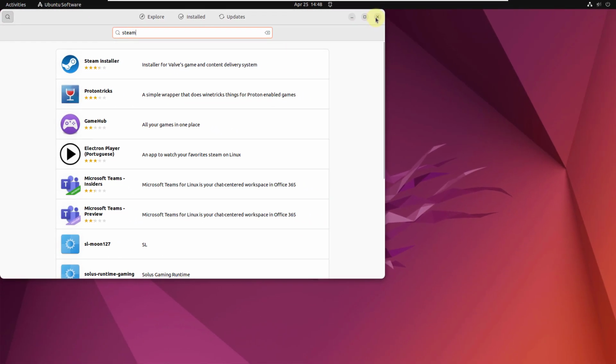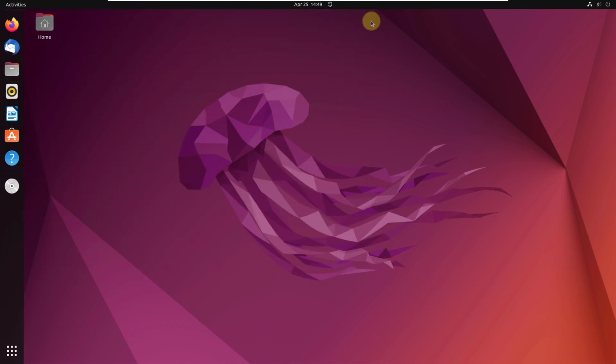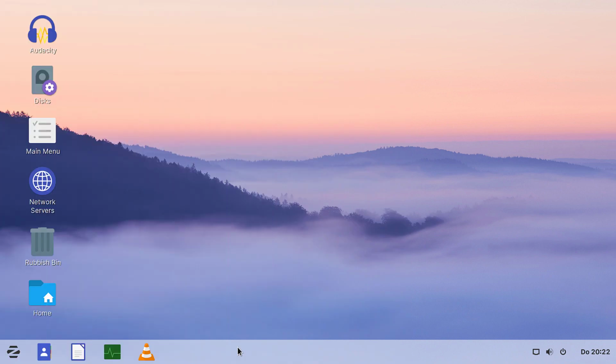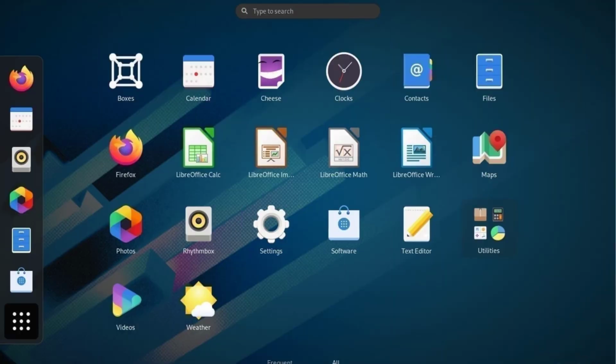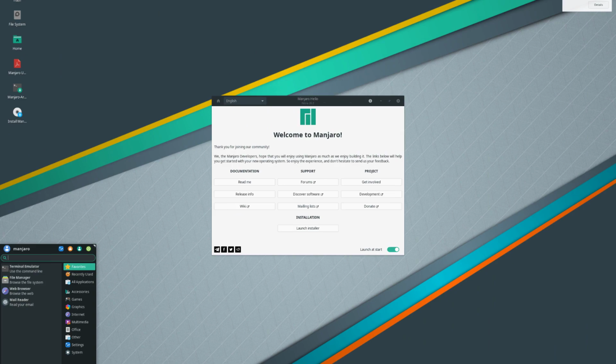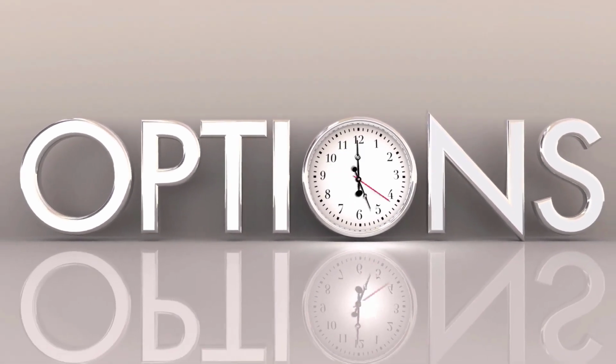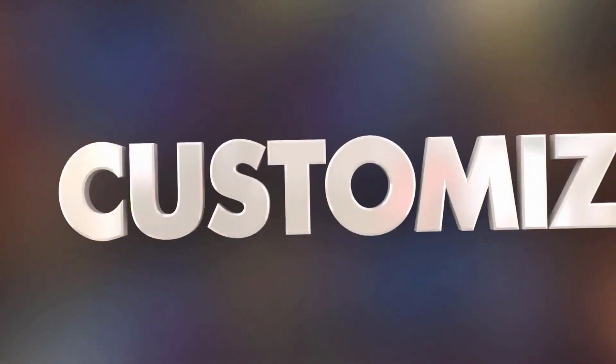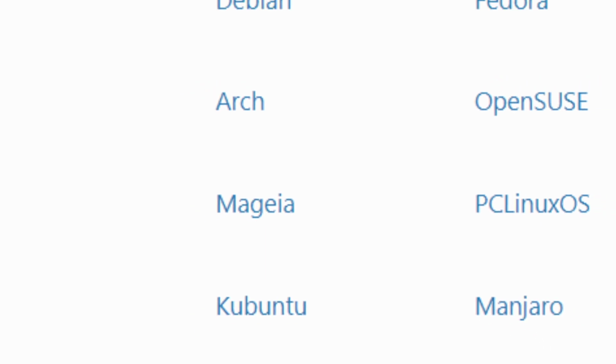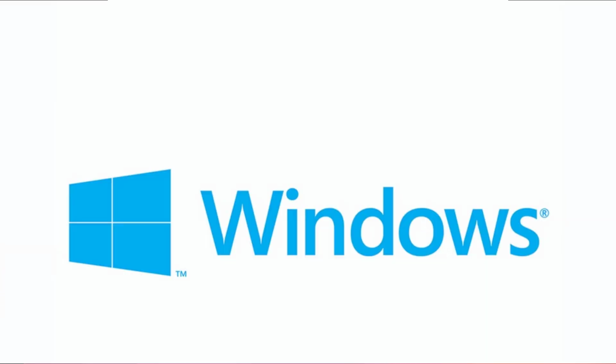If we talk about the interface, Linux distributions have some default interfaces. But the good news is, as you change from one Linux distribution to another, you get a new interface. For example, if you are using Ubuntu, you will get this kind of desktop environment or interface. But if you go to Zorin OS, or let's say Fedora or Manjaro, you will get a different interface. And that shows that we have a lot of options available in terms of the interface in Linux distributions. And if we talk about customization, in Linux distributions, you can do a lot of customization as compared to Windows.